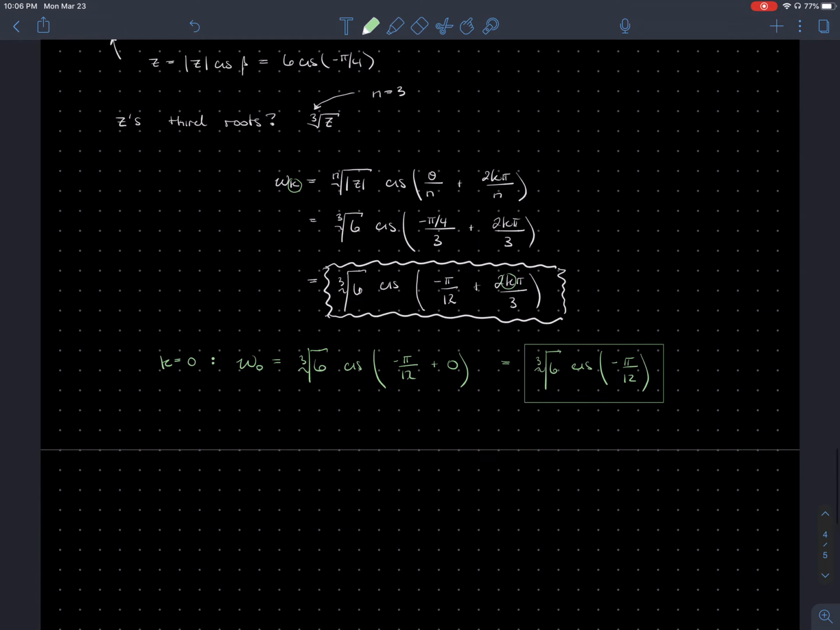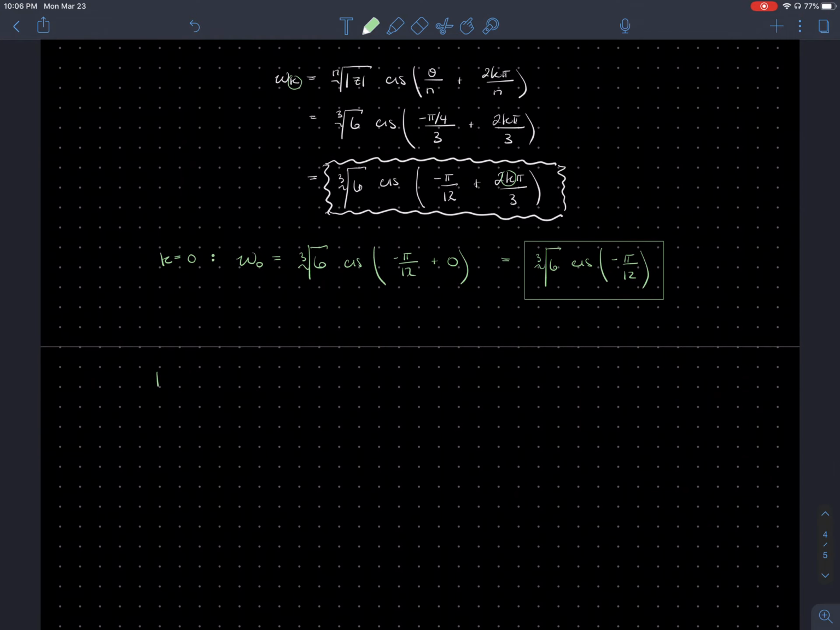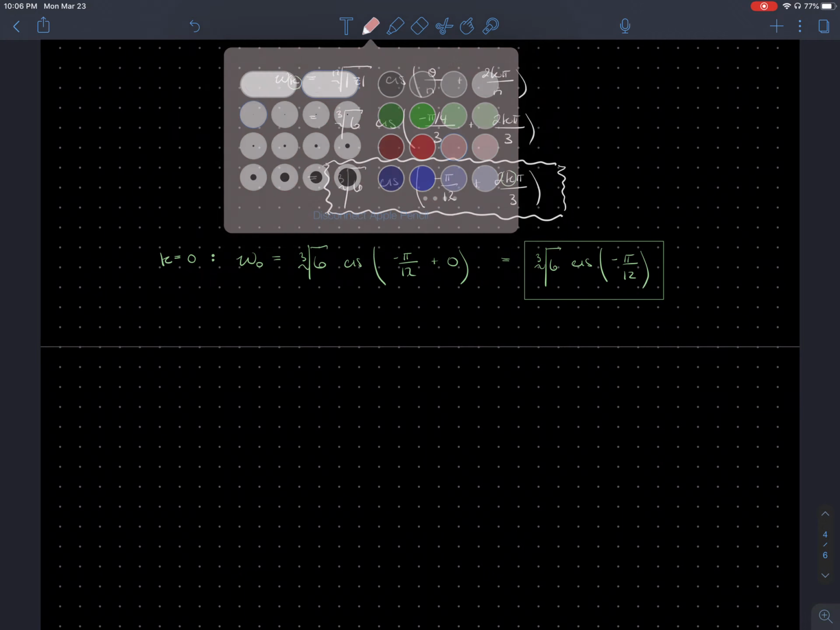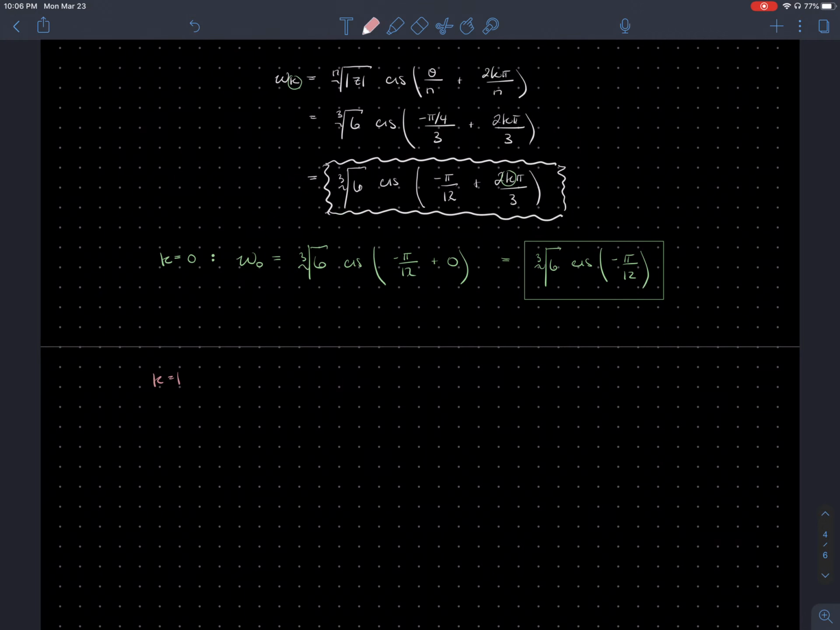That would be our 0th root. For k equals 1, we're now just plugging in a 1 for this k expression. So w sub 1 being our label, we're going to have the cube root of 6 still, and that's something very important to notice, that cube root of 6 doesn't change, so we still have the same radii, or the same modulus, all the way around for all of these